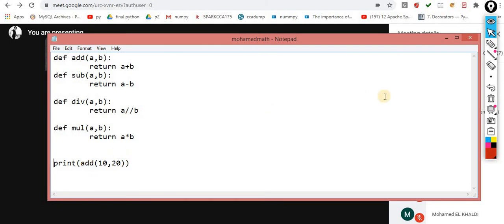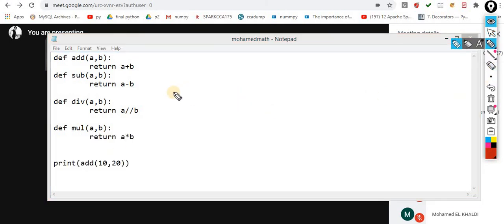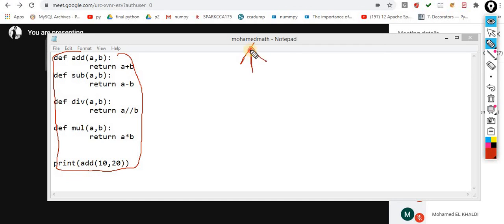Now understand this scenario. This one is my one file. When I execute it, it's sure it would be implemented. It's a normal thing, I think not a doubtful thing. I am simply talking about the normal things. I am not showing you anything extra, whatever we did in the last 2 or 3 videos. I am using all those concepts. So here are function 1, function 2, function 3, function 4. Now this time I am printing it.